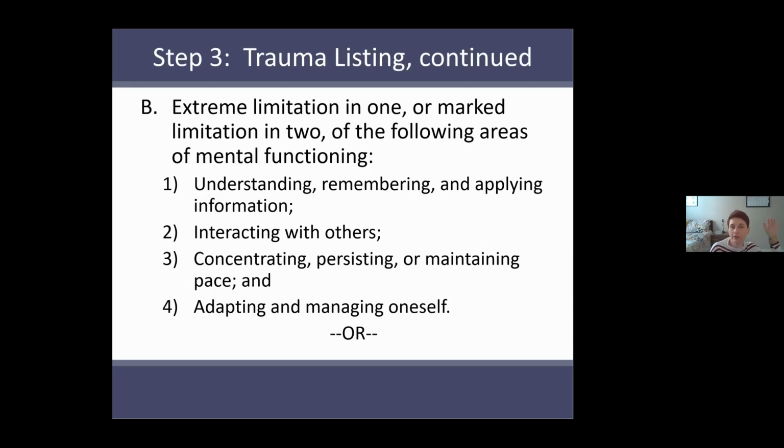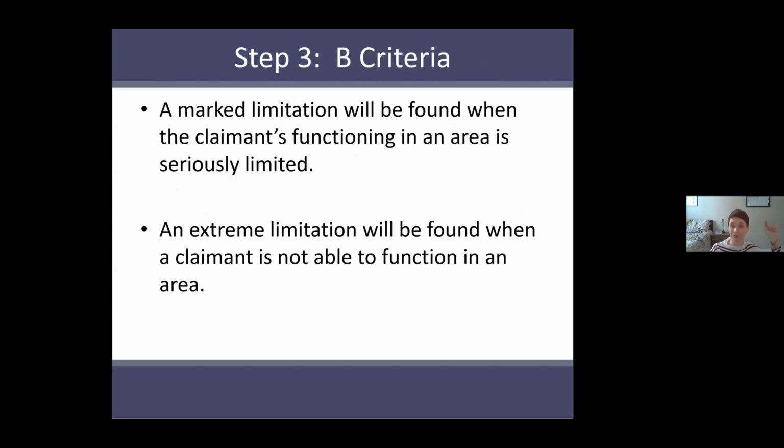You can win on the B criteria if you have 2 areas that are marked, one that is extreme. So if you have one extreme, and you can see what's an extreme, not able to function at all. And some judges will never find an extreme limitation. So in general,